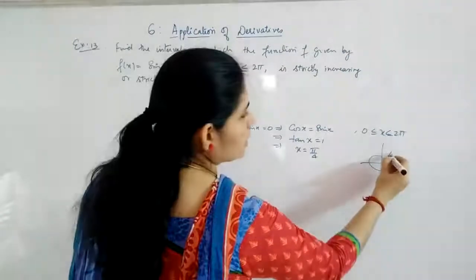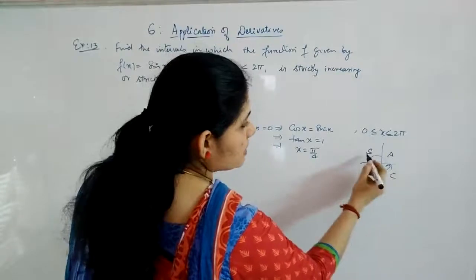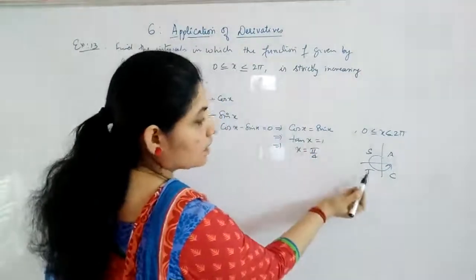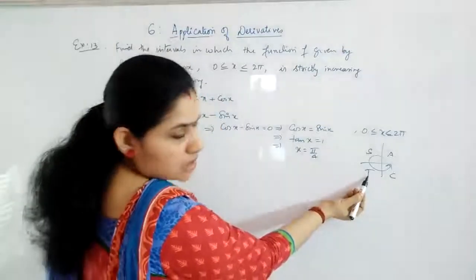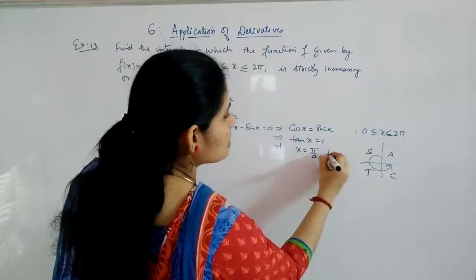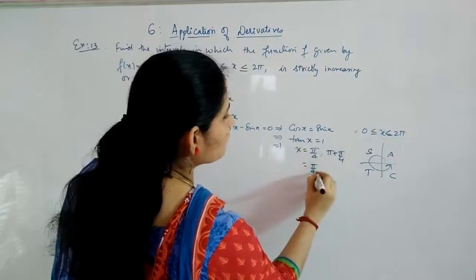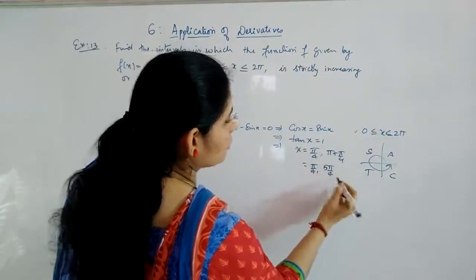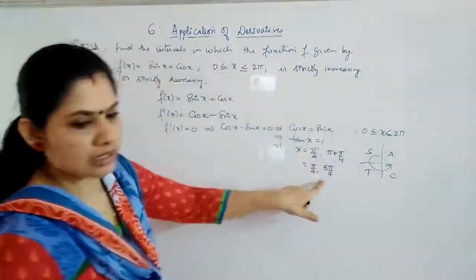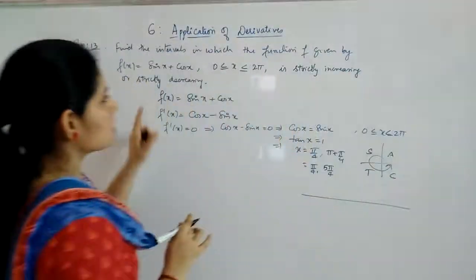In the first quadrant all are positive. In the second quadrant sin is positive and cos is negative, so you will not get a positive sign. In the third quadrant both sin and cos are negative, which means tan is positive. So the next value is pi plus pi by 4. That is pi by 4 and 5 pi by 4. You have to find up to this because the range is still 2 pi. So these are the two critical points at which there is a change in the graph. Okay.